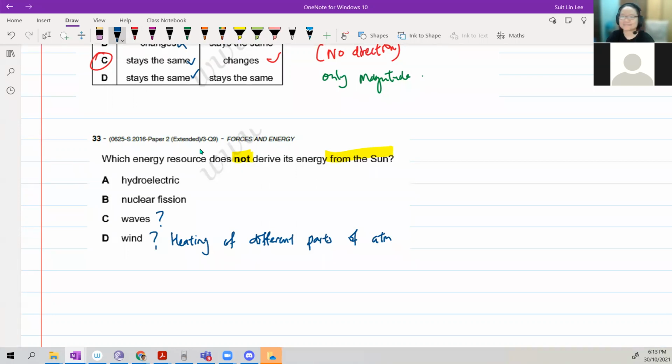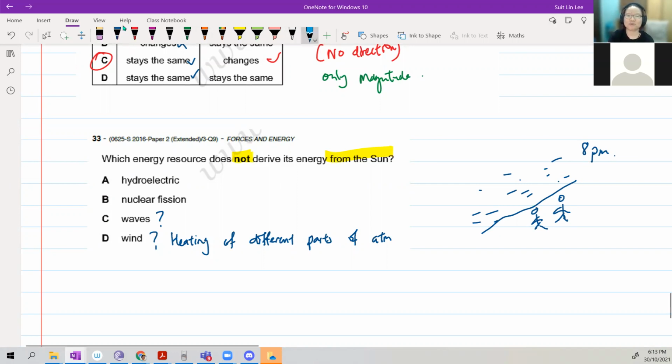So for example, when you go to Port Dickson, whenever we can go to Port Dickson again. Okay, let's say you go to the beach. When was the last time you stood beside the beach? I also don't know, so I don't know whether you relate to this experience or not. Let's say you stand beside the beach, maybe around 8 p.m. Will you feel the air blowing to your face, or do you feel the air blowing away from your face?